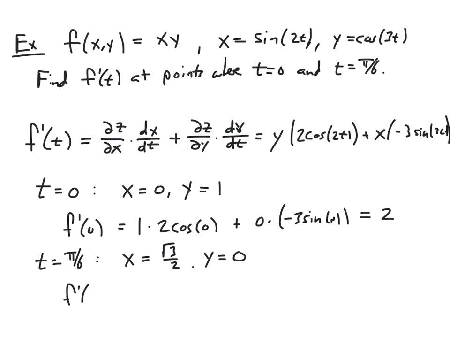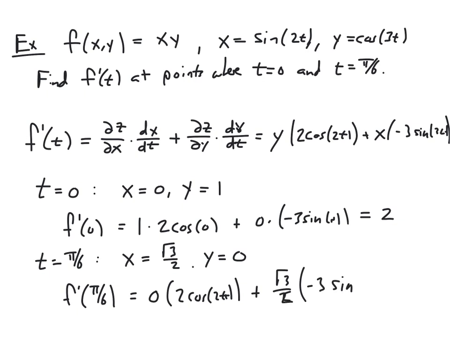And so f prime of pi over 6 is equal to 0 times 2 cosine of 2t, so that of course is all 0, plus square root of 3 over 2 times negative 3 sine of pi over 2. Sine of pi over 2 is 1, and so this ends up being